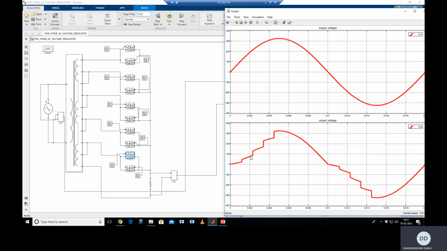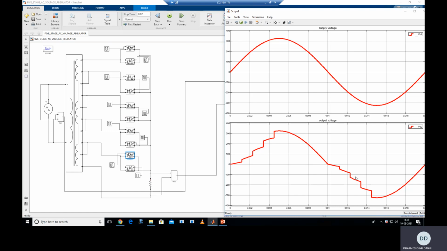This one. Clear? Then after the next 20 degree, when you turn on this thyristor, that gives 3 Vm sin omega t divided by 5. The next 20 degree, when you turn on this thyristor, that gives 4 Vm sin omega t divided by 5. And finally at 80 degree, when you turn on this fifth group thyristor or fifth stage thyristor, that will give 5 Vm sin omega t divided by 5, or you can say Vm sin omega t, or you can say 230 RMS voltage. Clear? So 230 RMS voltage, peak is 325, you can see here. So you can increase the voltage in a very smooth manner.